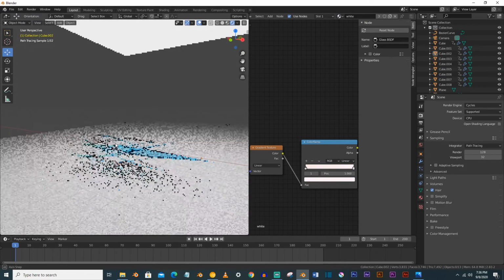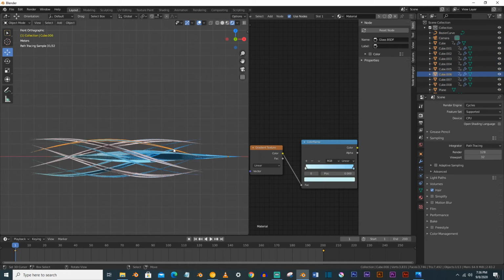So it is looking very fine here. You can select this one also and make it white also.